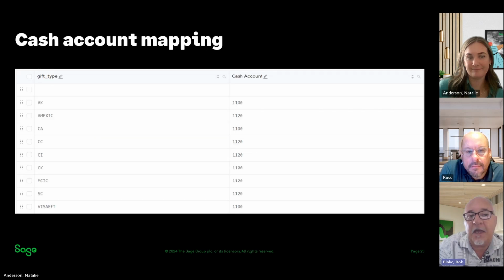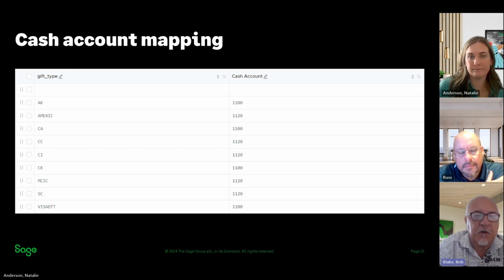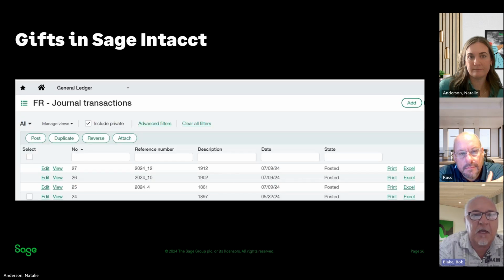Not everyone has one cash account that all of the monies go into. You may have multiple cash accounts in your organization, and maybe the checks and cash get deposited into one and credit cards get deposited into another. This gives us the flexibility to assign the cash account to our gift type so that it flows properly into the proper cash account. So if we look at our next screen, we'll see that we